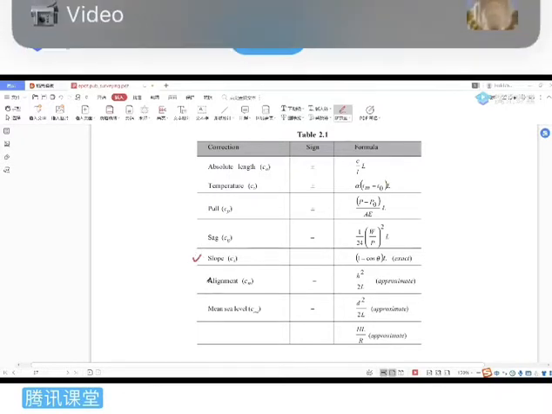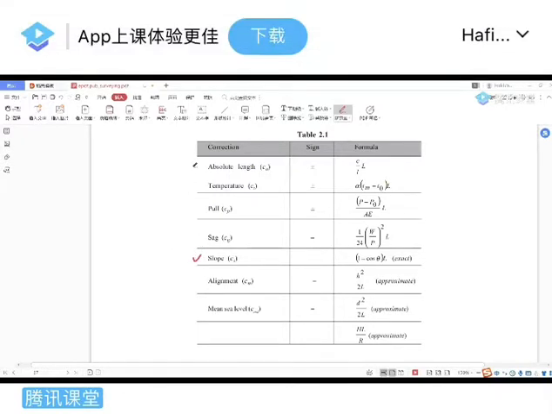We finished the slope bit. And also we finished the absolute length. This bit, these two already. And today we are going to finish temperature and the pool. These two other corrections. And hopefully